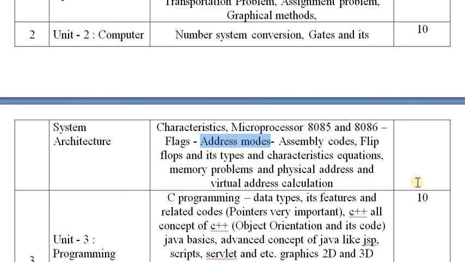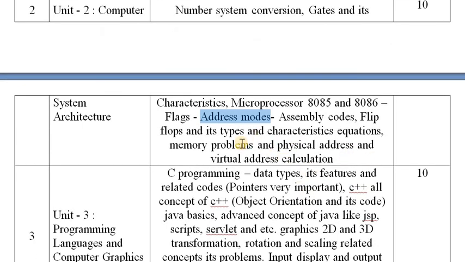Next you want to learn flip-flops. Here we have SR, JK, D and T flip-flops. If you understand all 4 kinds of flip-flops along with their function tables and characteristic tables, then you can easily score marks. Apart from this, computer architecture has memory problems, and they may also ask you to calculate physical address and virtual address. This is another important problem here.